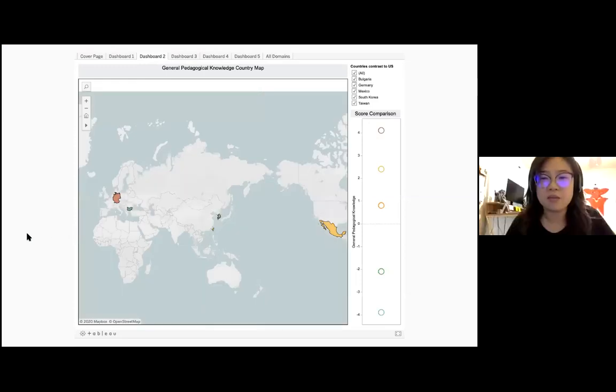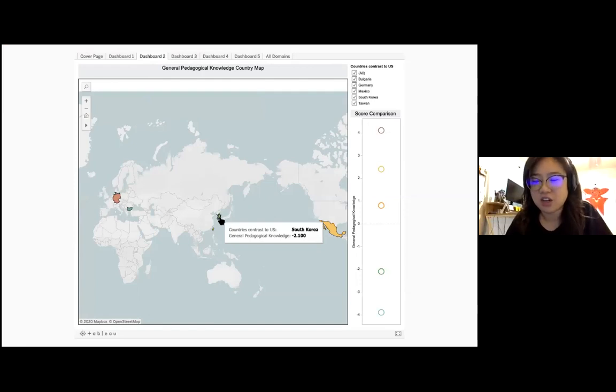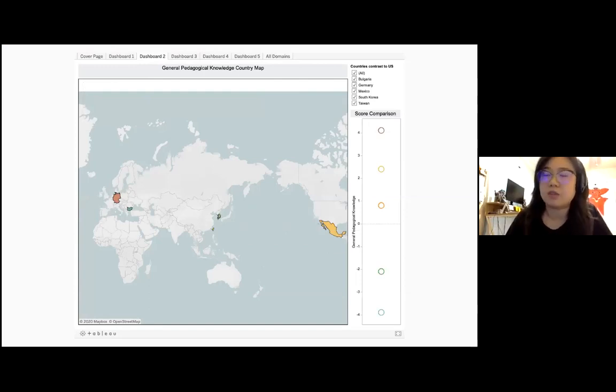Yeah, so we were just showing this, I think, where you were asking other questions. So this is just a map showing the location of each of the countries. And again, for this domain, there was only one measure, which is general pedagogical knowledge. In here, we then have, again, the US plotted, because the US is considered the reference line here, serving as zero. Okay. If there's no question, we're going to move on to the next.